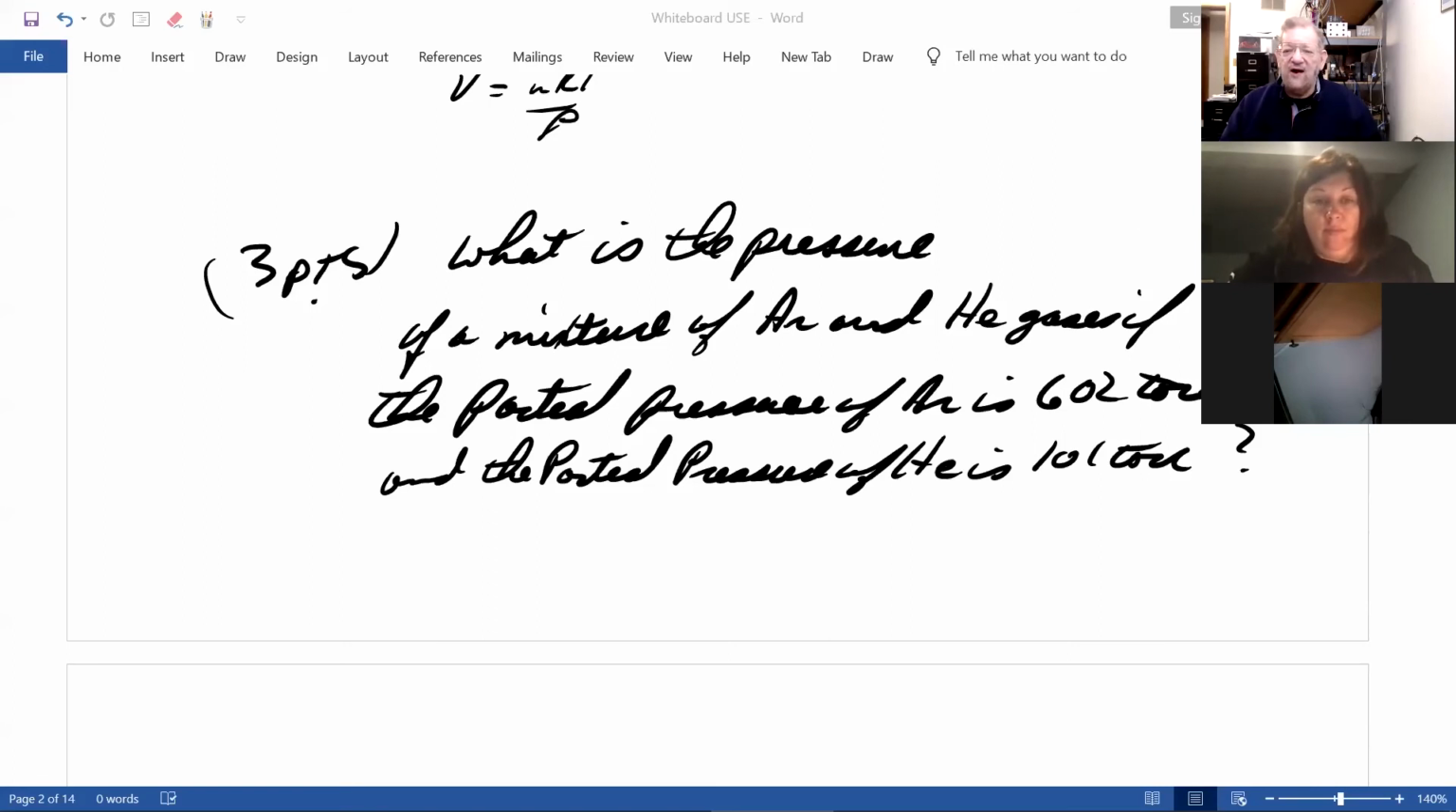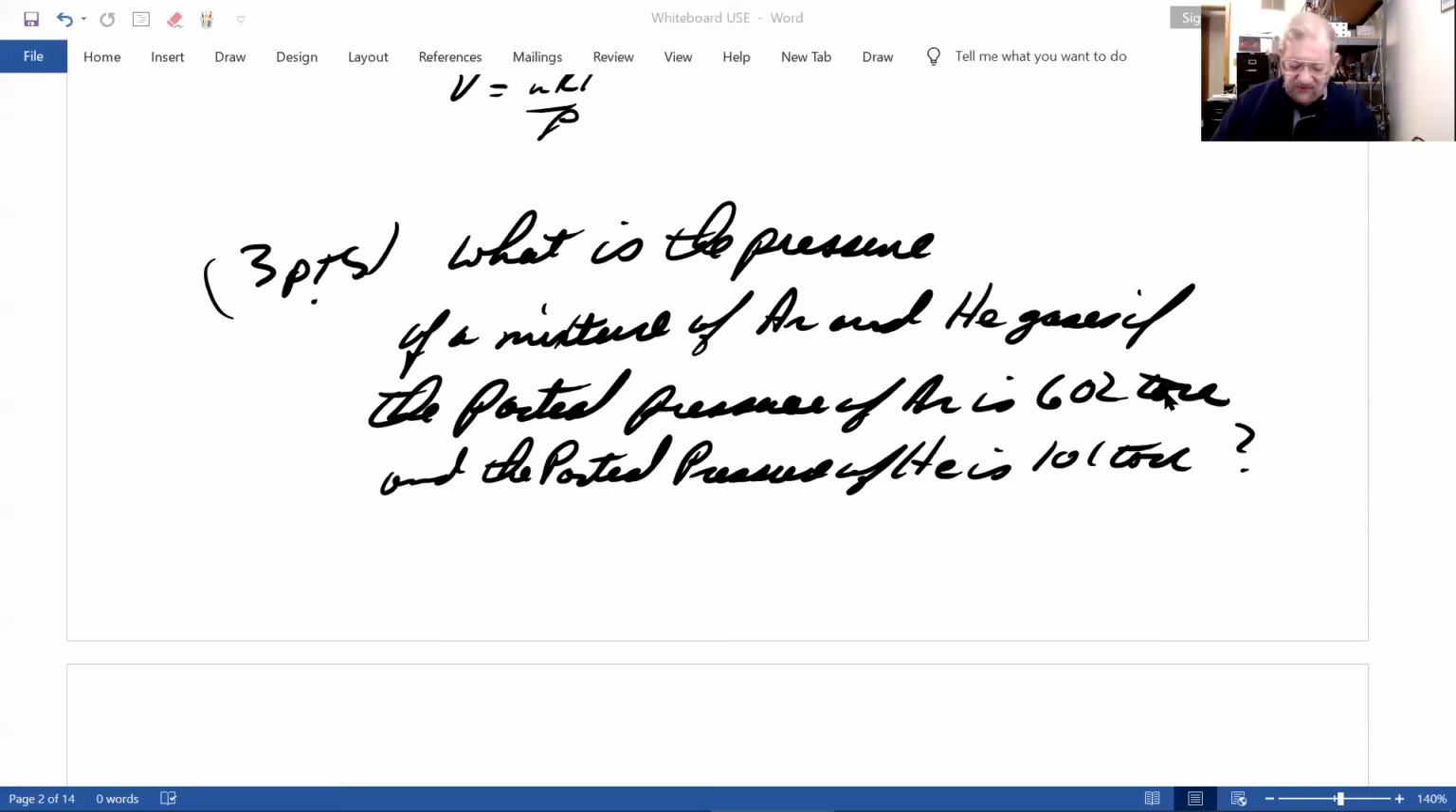All right, I think everybody's done. Let's do this. So the question is, what are we being asked to find? What is the pressure of a mixture of gases? So P total, the total pressure. What are we given? The partial pressure of argon is equal to 602 torr, and the partial pressure of helium equals